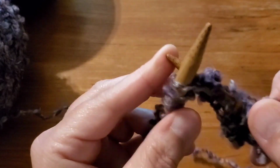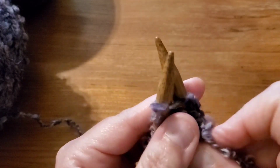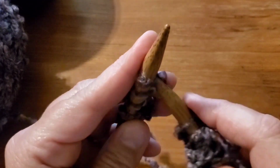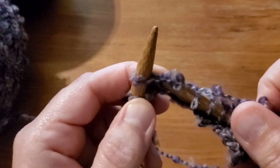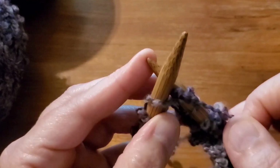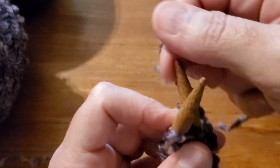So just keep going all the way to every last stitch. Now at the very end, where it's coming to an end here, it gets easier for the left side, your starting needle, for all those stitches to slip off. So just be very careful to keep them on, because at this point in my journey of knitting, if they slip off, if I can't easily find the right hole to go through, well, I have to start over. It's good practice, but